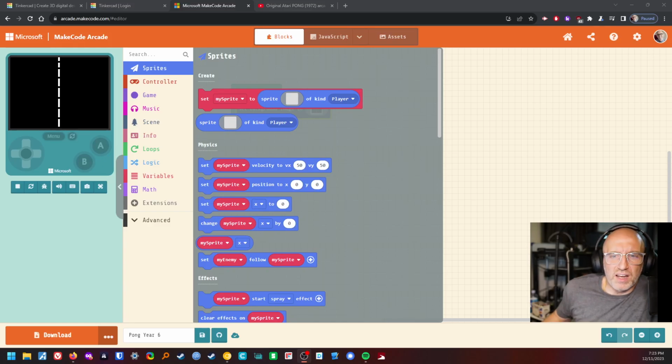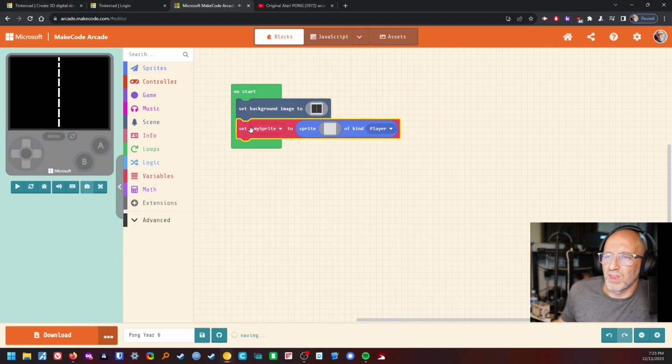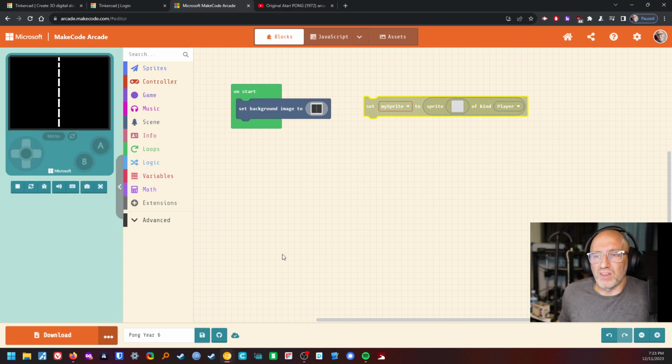It's Mr. Glenn here. What we're going to do is set our sprites. We were up to the point where we just wanted to set our sprites as a player. However, instead of collecting everything into the start menu, which tends to be messy and not very tidy,